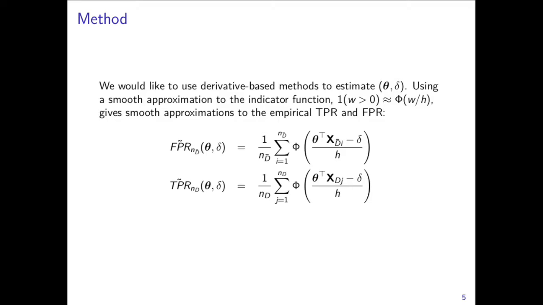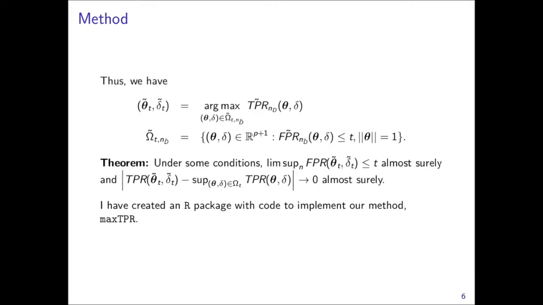Well, that is very good. So we've safely navigated around the Charybdis of analytical solutions and nasty math, and we're now smoothly sailing towards what we want. Exactly. So essentially, what we are proposing here is that if we maximize what we call the smooth approximation of the true positive rate, which is the TPR with the tilde over it, where the smooth approximation of the false positive rate is constrained, that will give us the combination theta tilde sub t and the threshold delta tilde sub t that we are looking for.